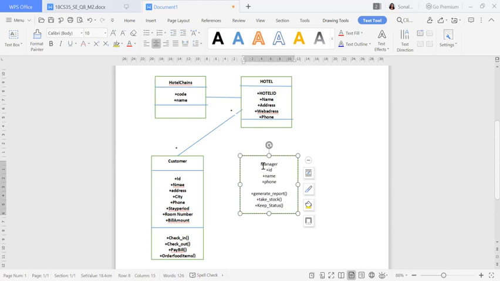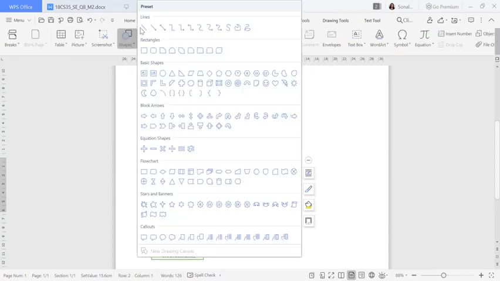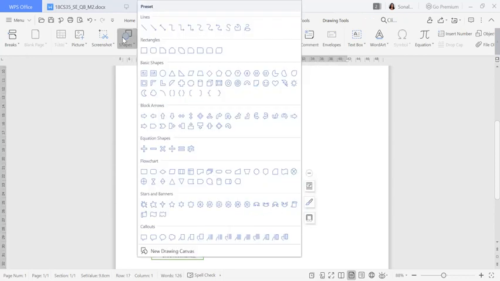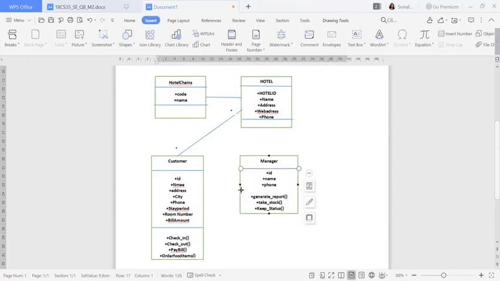So I'll keep it like this, I'll make it bold, then I will make it separate. Okay, I'll take this bar, I'll separate it. I hope all of you are following me properly. So I will separate this. Where to where should I give the connectivity? Hotel to manager. So I'll give the connectivity from hotel to manager.